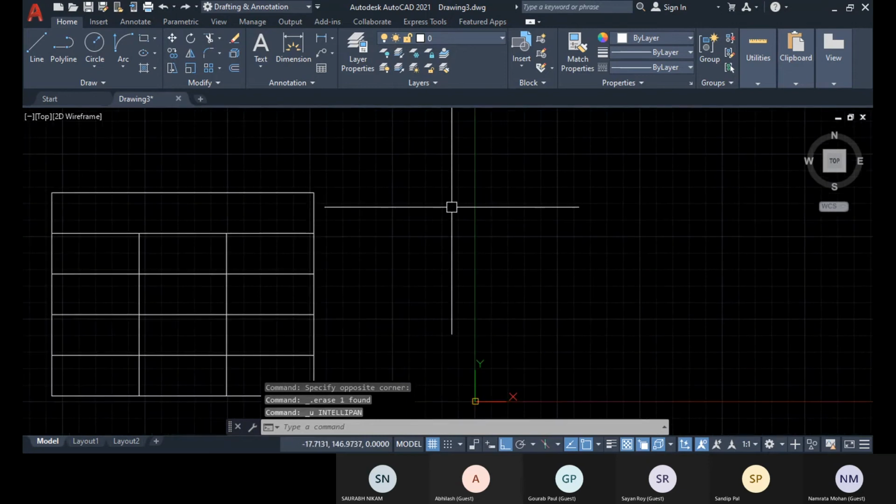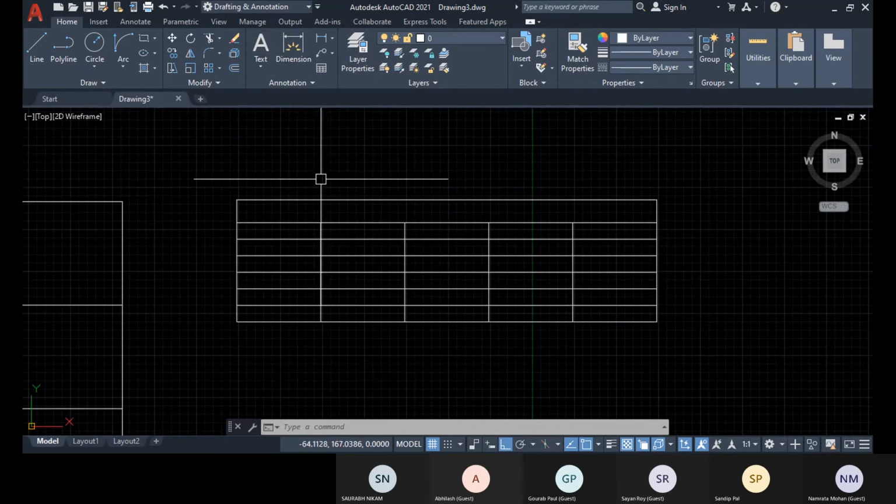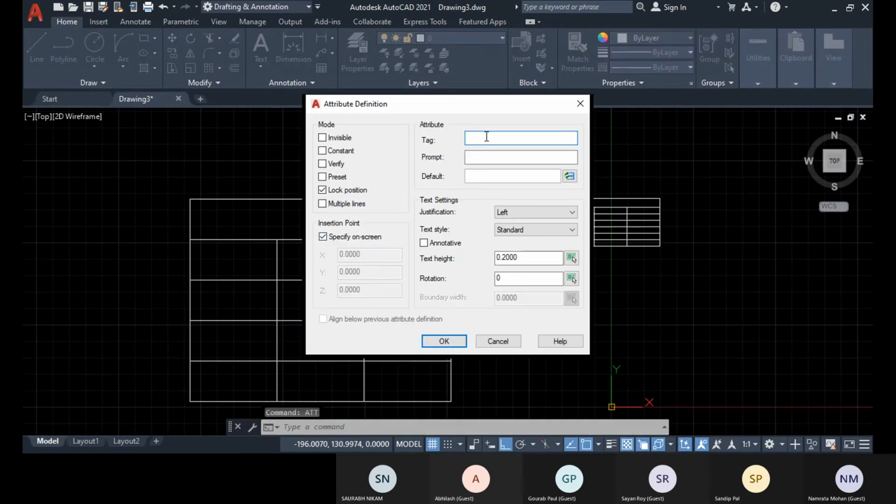So if you go for your text or attribute value, so ATT is the command attribute, and there you mention this as project name. Here space is not allowed, you cannot provide space, so you can go with the underscore option.